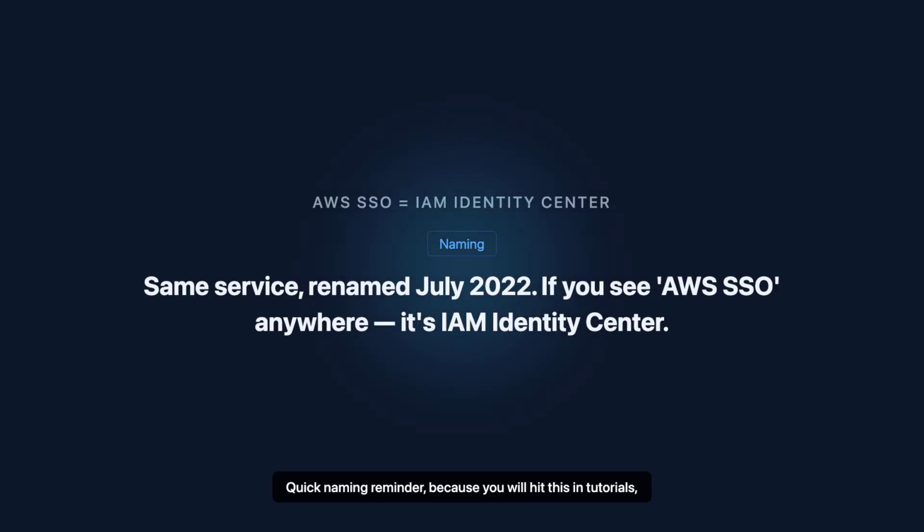Quick naming reminder, because you will hit this in tutorials, blog posts, and older documentation. Amazon Web Services SSO and IAM Identity Center are the same service. The rename happened on July 26, 2022. Plenty of older docs, infrastructure as code examples, and study guides still say Amazon Web Services SSO. Whenever you see the successor to Amazon Web Services SSO, or just Amazon Web Services SSO outright, the right name